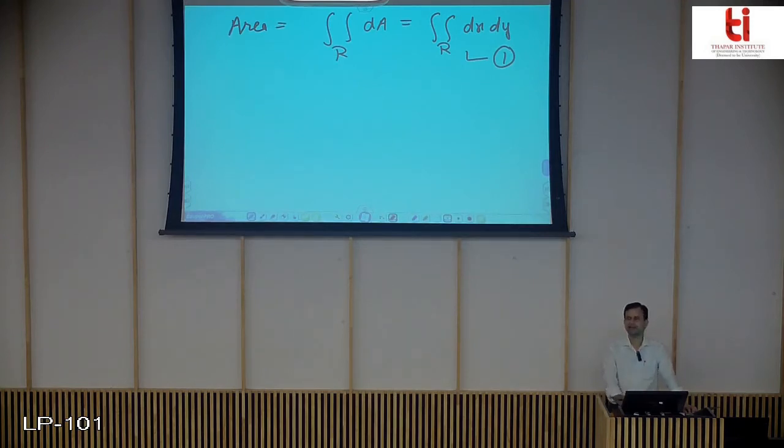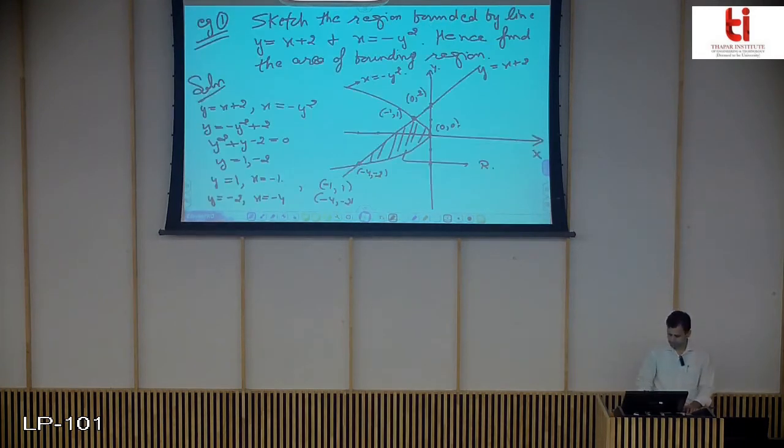But here, after looking at the region of integration, I will tell you in the second part of this question why we have chosen first with respect to x and not with respect to y. So let us say that we choose first with respect to x after looking at the region of integration. Since we have chosen first with respect to x, we must draw an imaginary horizontal line L, parallel to the x-axis, that crosses through this region.